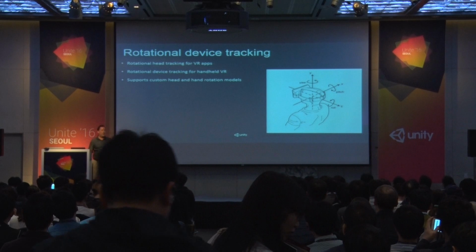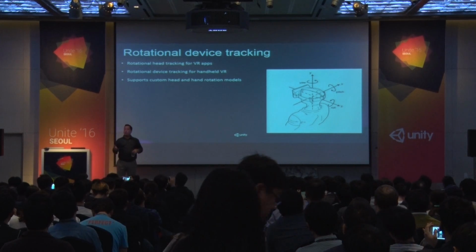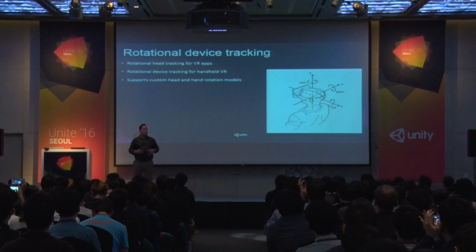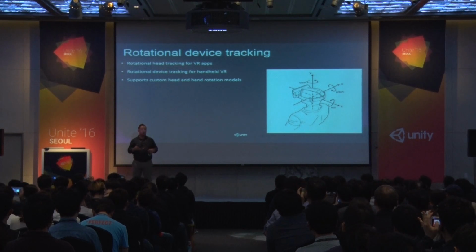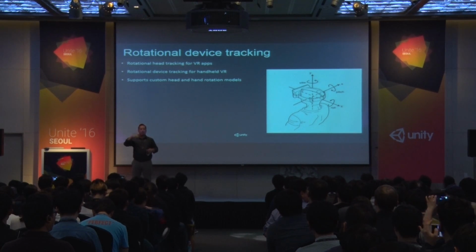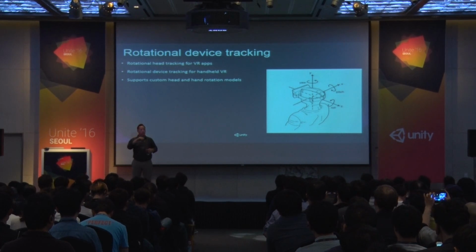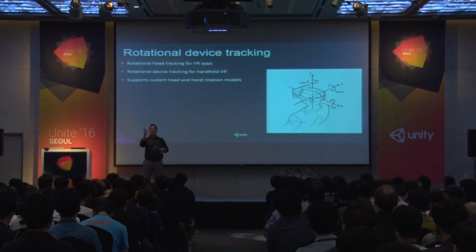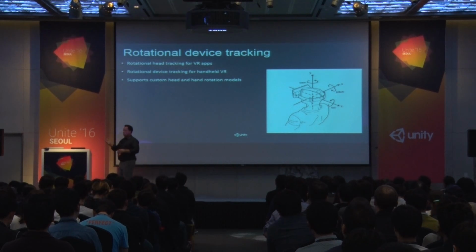Now, rotational device tracking. You've probably heard the term head tracking if you're into VR. What this means for rotational is that there's 3-degree of freedom tracking, meaning that we can understand the change in the orientation of your head, whether it's on this axis or on this axis. So we can understand where you're looking, whether you're looking up and down, or left or right. It enables you to understand the pose of the user's head so that you can adjust the content of the scene. It basically updates the scene camera for you. This is really critical to VR. It's what Cardboard does, and it's also what the Gear VR does.